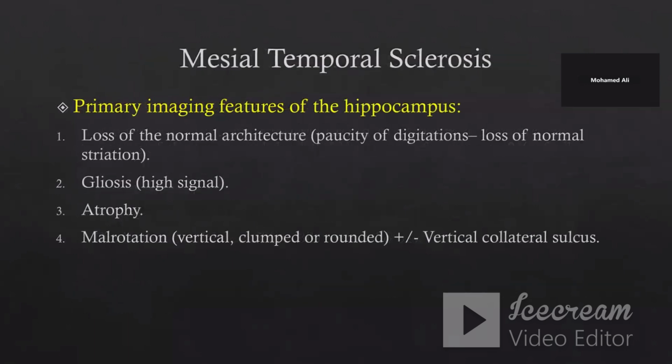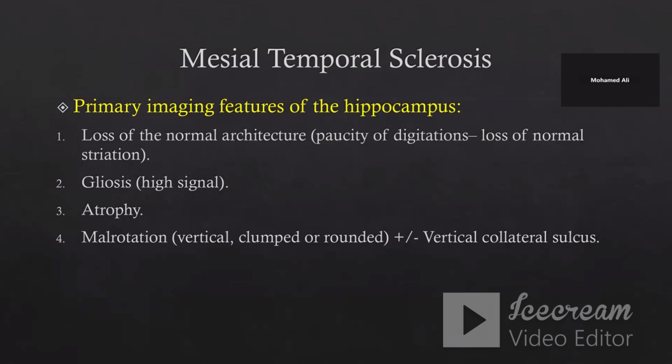In mesial temporal sclerosis, we have multiple primary imaging features of hippocampal sclerosis. The first point is loss of the normal architecture. As we discussed in the first part, the normal hippocampus shows a serrated outline or interdigitating form. Once we have paucity of these digitations or a flattened hippocampus, this is one of the imaging features and highly specific